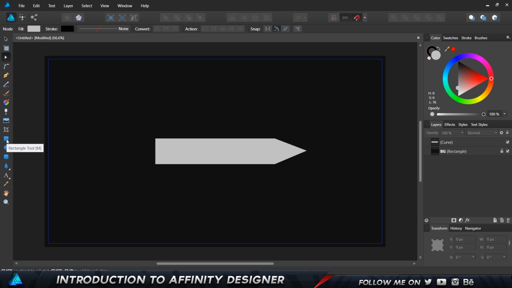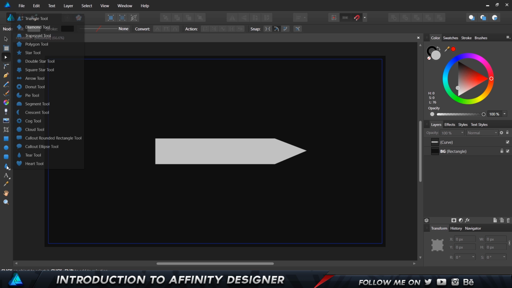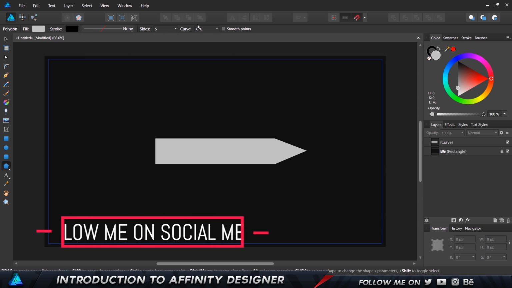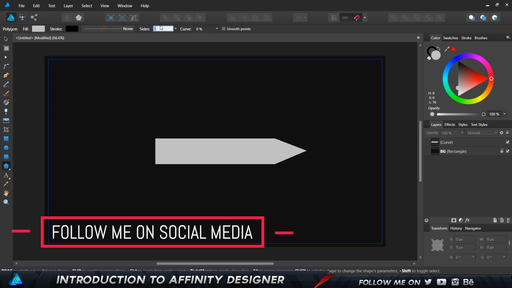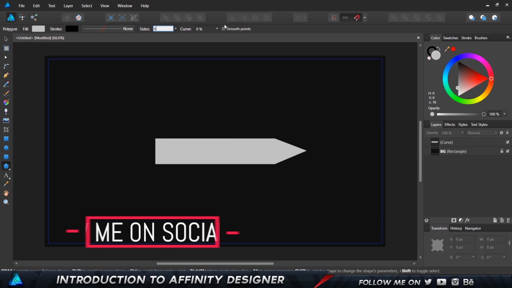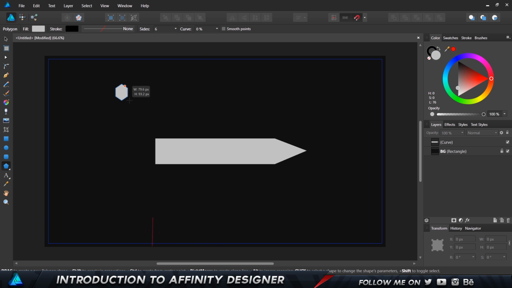Now as you can see here, if I come over to the tier tool, we can see a lot of these options, which are a hell lot of options. The cloud tool, cog tool, crescent, pie tool. Wow, that's a lot. I'm going to go ahead and just choose the polygon tool, and I can set the number of sides. So since I want a hexagon, I'm going to choose 6 sides, and you can also choose the curvature. So I'm going to just hold down shift, and that's going to give me this nice hexagon